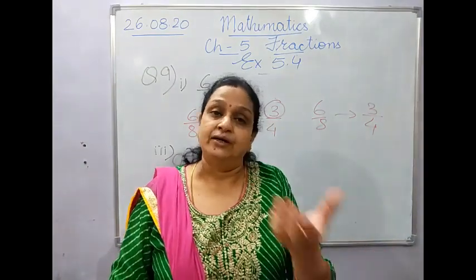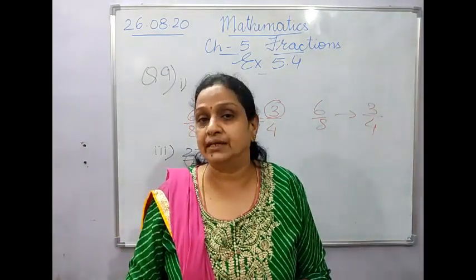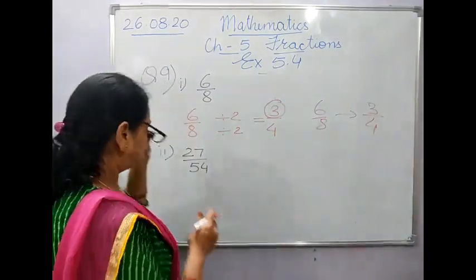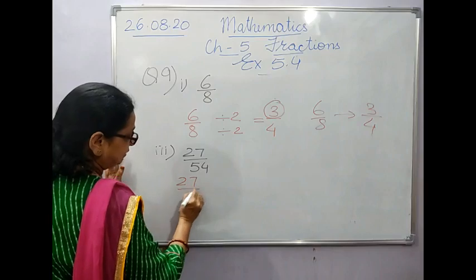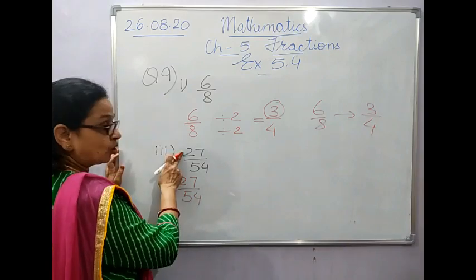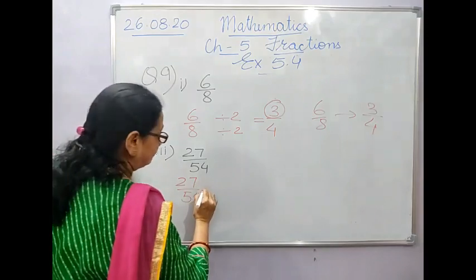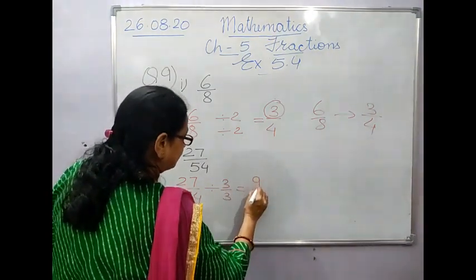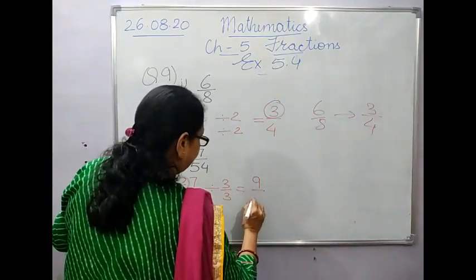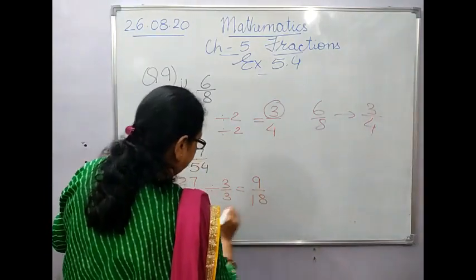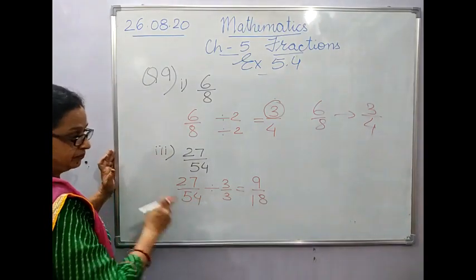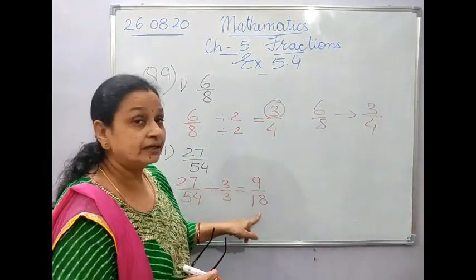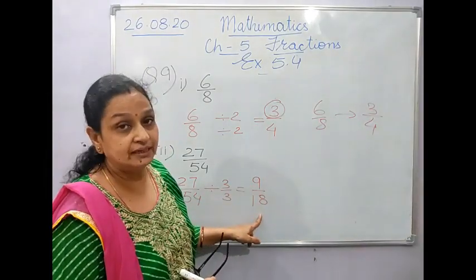You add the digits, you get the answer. If that answer comes in the table of 3, it can easily be divided by 3. So let's try with 3. 27 upon 54. Because it is odd, we cannot divide by 2. So we have taken 3 now. 3 upon 3. So 3 9s are 27 and 3 18s are 54. Now again, this is odd, this is even, and it is not a reduced term.